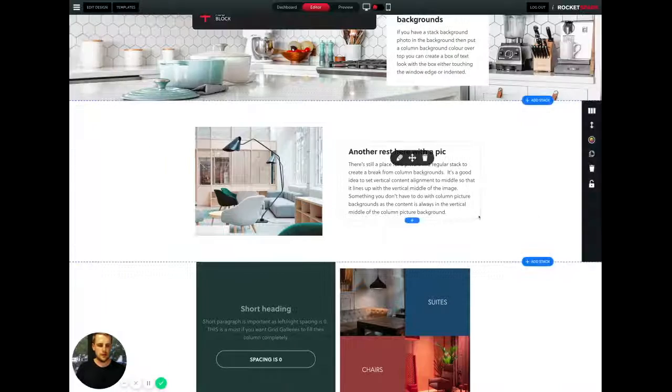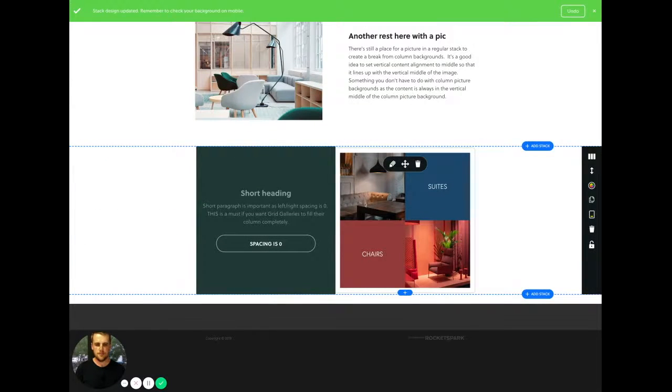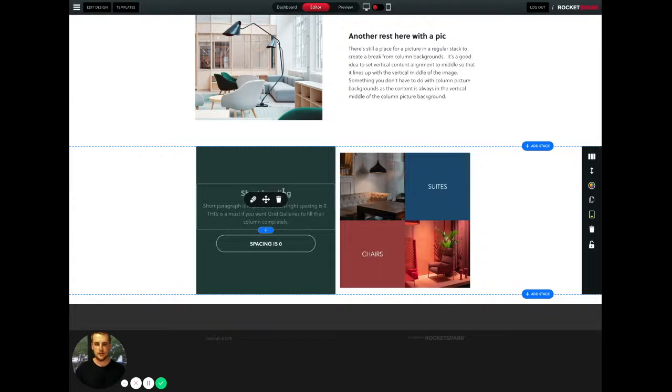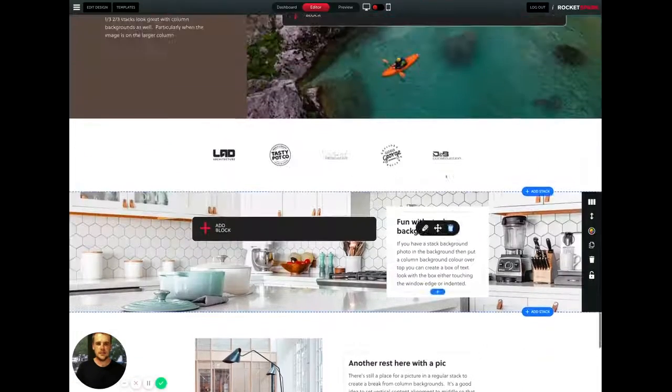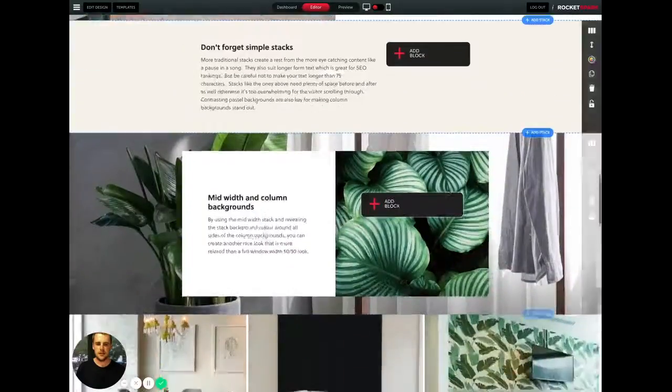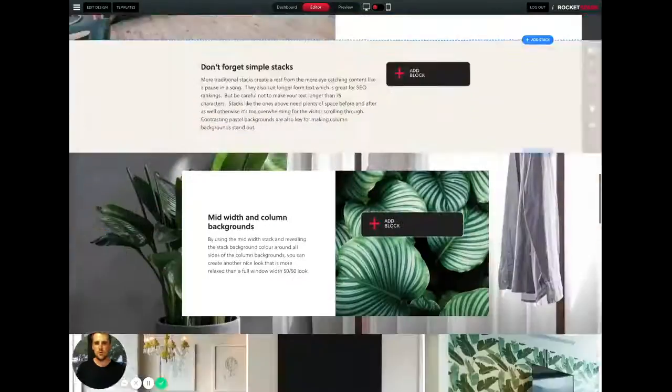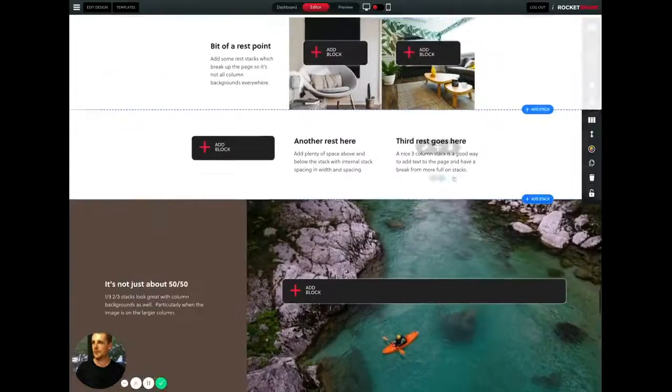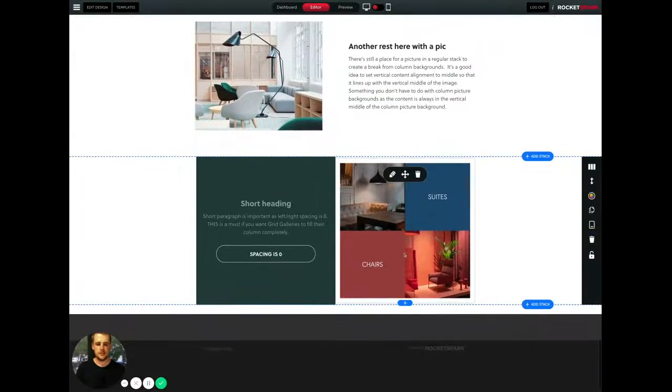So this is one of the looks in the inspiration gallery that a bunch of people have asked about, and it's probably one of the ones where it's pushing the limits of these features the most. So I'll show this one, but essentially the ones up here are the workhorse looks that will probably get used the most. But if you start nesting grid galleries inside columns and reduce the spacing right down to 0, you can essentially